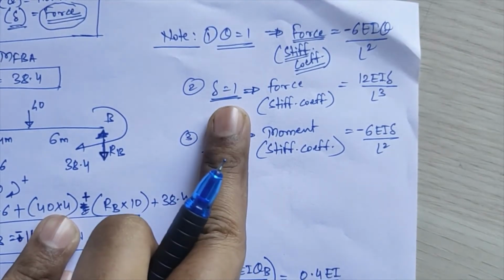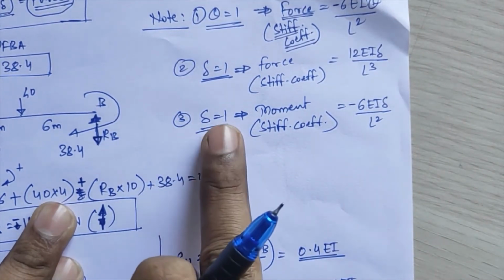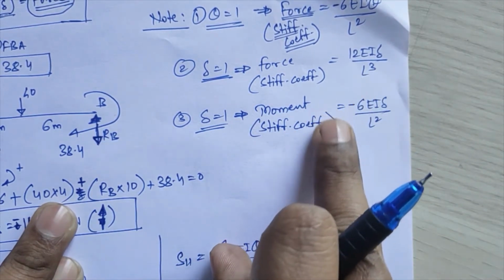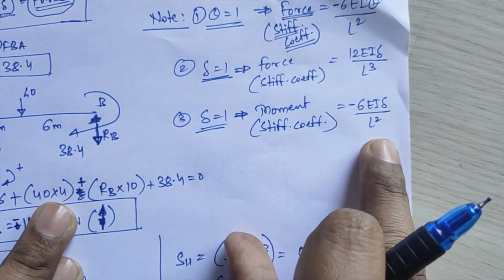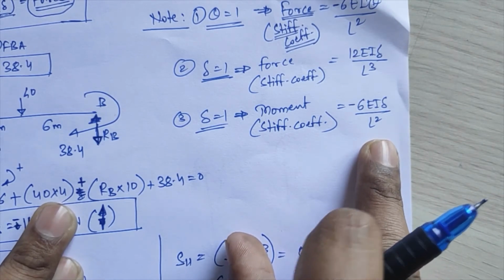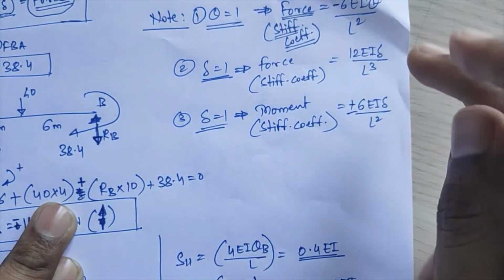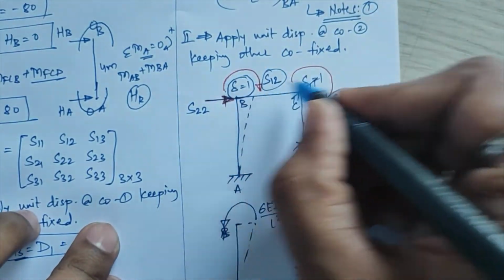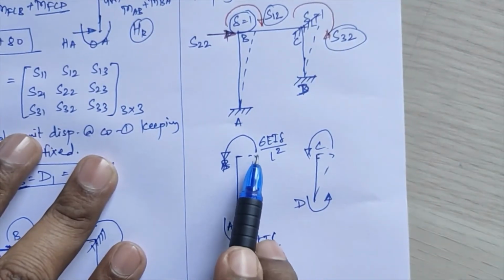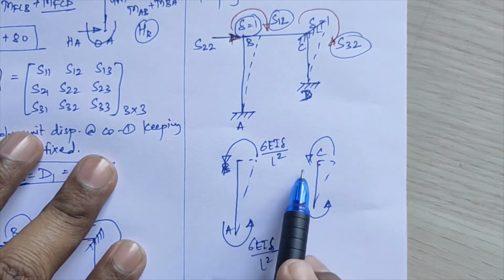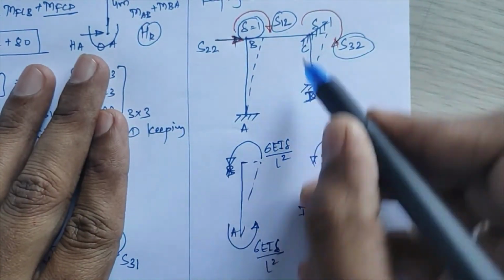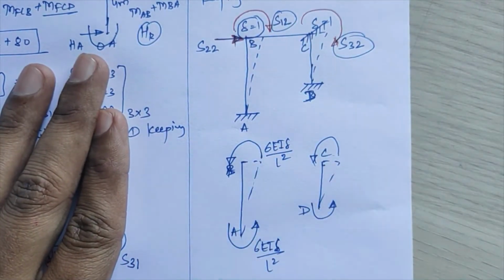If you see these notes again, let's see the third note first. If you are having delta equal to 1 and you are calculating the moment as your stiffness coefficient, that gives the value equal to minus 6 EI delta upon L square. This minus will be plus or minus here, and that will vary according to your sign conventions. Here we have assumed that these stiffness coefficients are always in a clockwise direction, and whatever translation rotations we are going to get will be anti-clockwise in nature, because your frame is swaying towards the right direction. If it sways towards the left, then these values will come positive in nature.